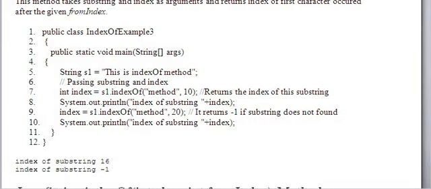Look at line number 9, s1 dot indexOf method comma 20.